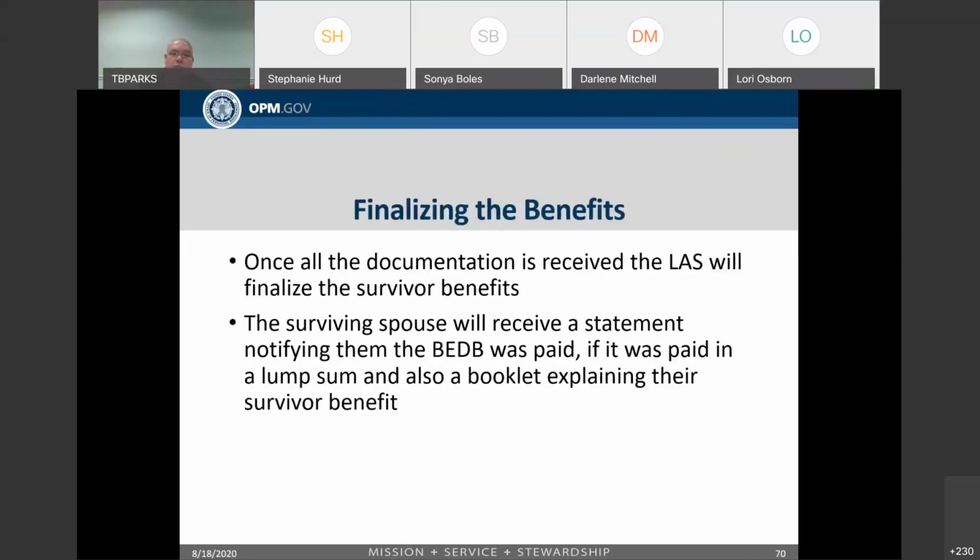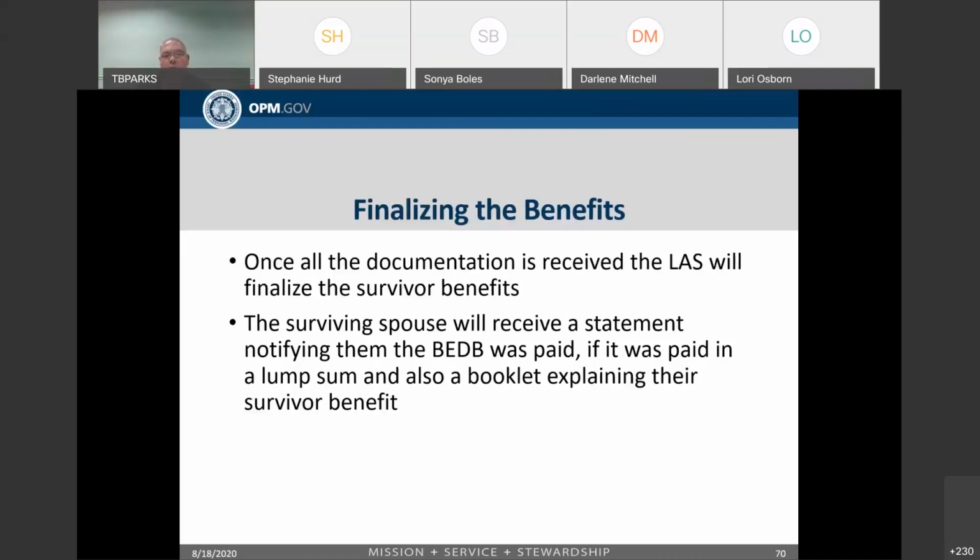Once we have everything that we need, and we've developed for everything, whether it be from the survivor, the agency, payroll, NPRC, the survivor benefit pay office, wherever it might be, then we can go ahead and do our calculation and finalize those survivor benefits. The case will go through a review process by another specialist to make sure all the calculations are correct. The case will get activated, usually through a nightly cycle. Sometimes it might take a 2-night cycle.